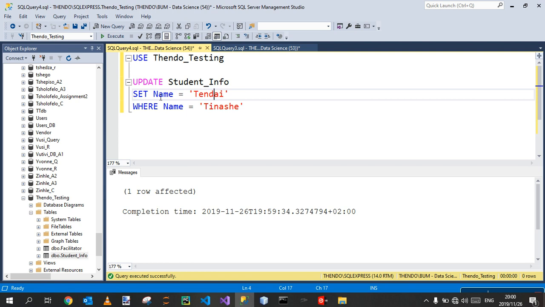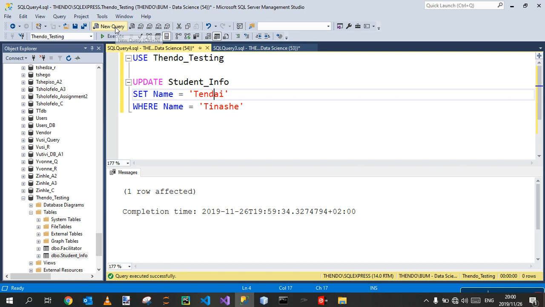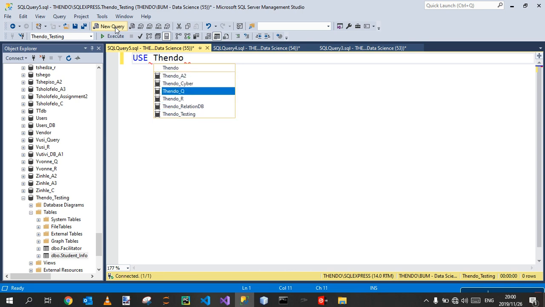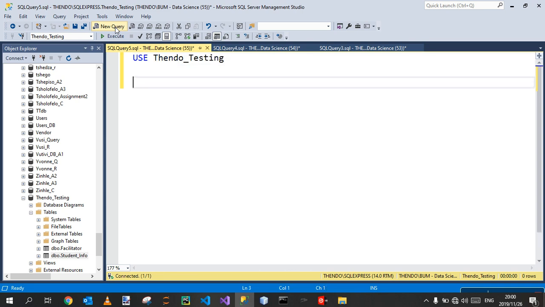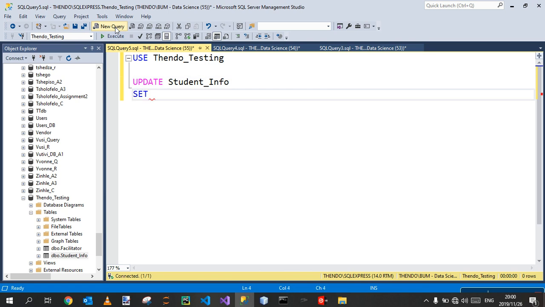And then you can go on and make other changes, target other columns as well. So let's just do one more target column. Let's change Shana from being a male to become a female. So we're going back here to our update statement, and I can write a new one just so you keep learning. I can say use testing, update. The name of the table is student info. Set, or change, but don't write change, set